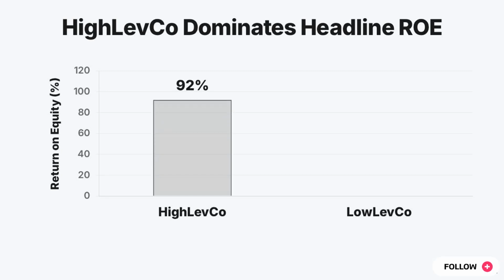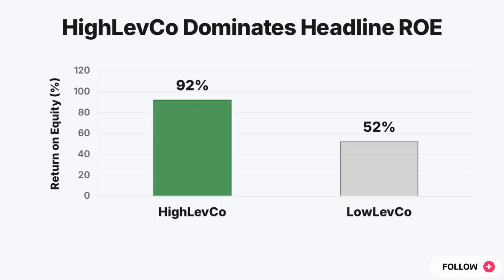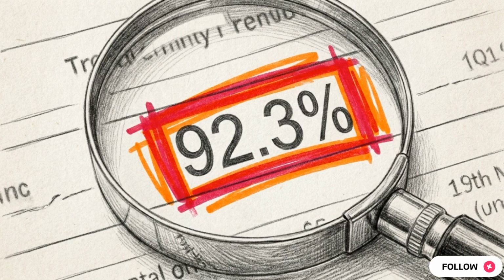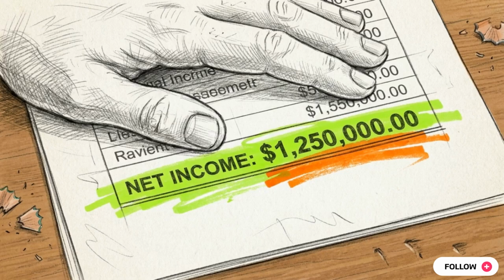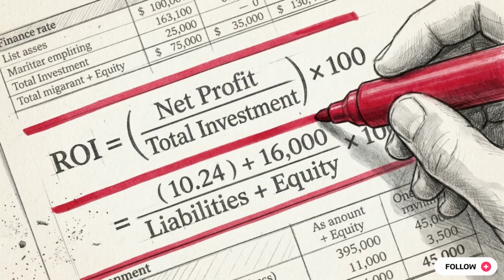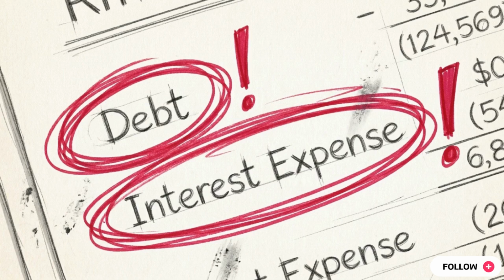We'll call them High Lev Co. and Low Lev Co. On paper, High Lev Co. generates a massive 92.3% return on equity, while Low Lev Co. sits far behind at 52.4%. If you have to allocate capital today based strictly on this top-line metric, the choice seems obvious. You back the 92. We need to systematically dismantle return on equity to expose the operational realities and the systemic